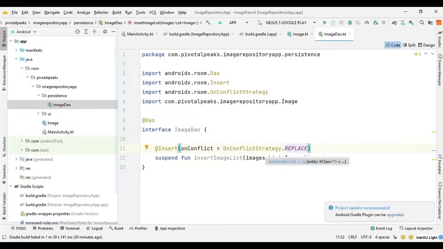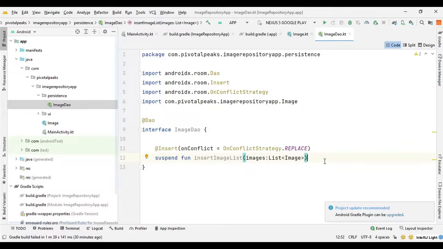What it will do is replace the older image with the new one for the same primary key. So that's how you manage the conflict between the older values and the new values for the same primary key.